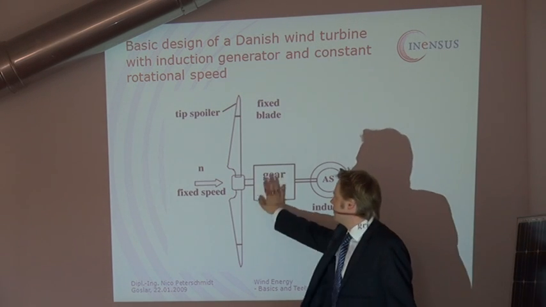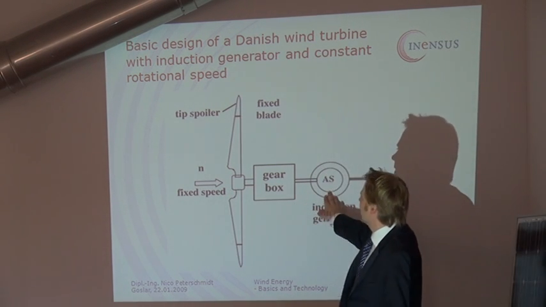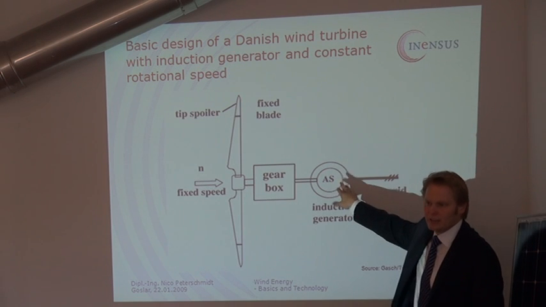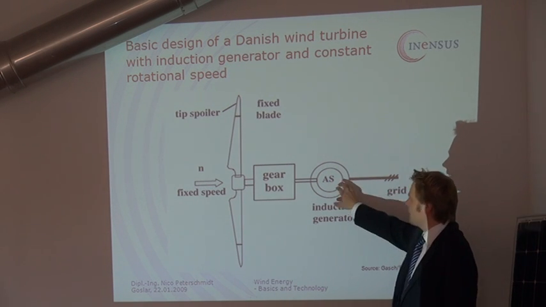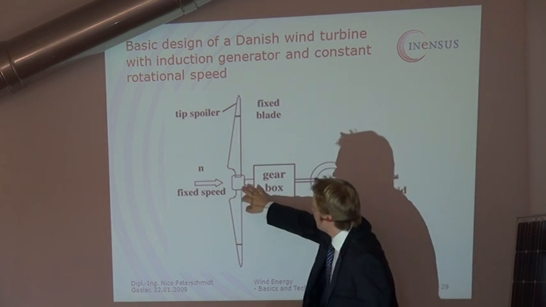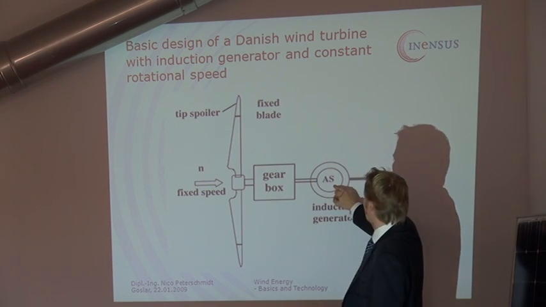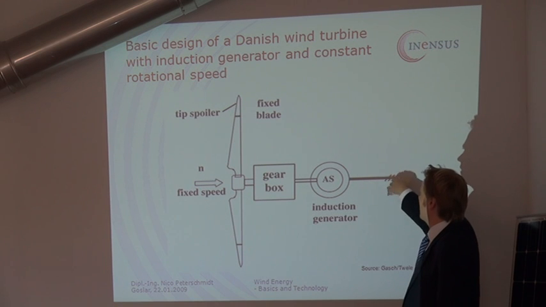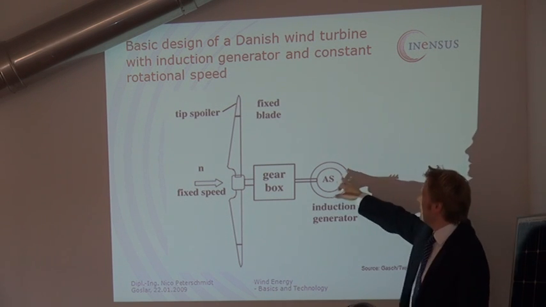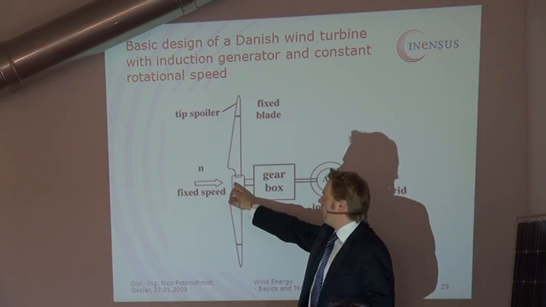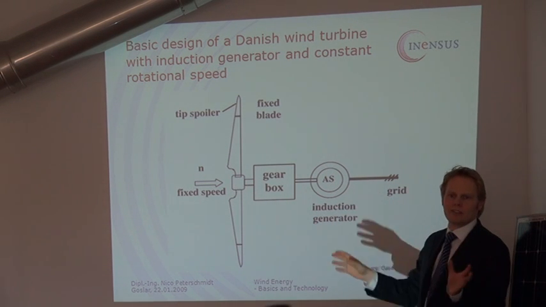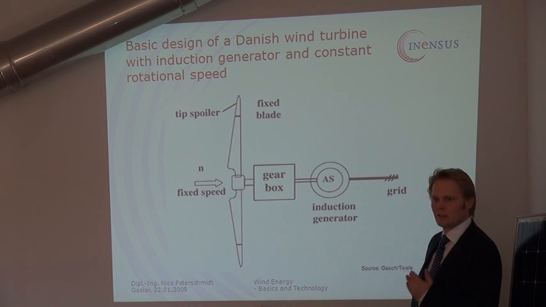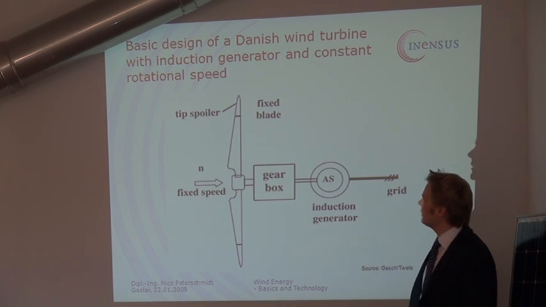Therefore, these units usually also have quite late cut-in wind speeds, because the rotational speed of the rotor and the gearbox and the induction generator, which is coupled to the grid frequency, is optimized for an average wind speed of, let's say, 4, 5, 6 meters per second, to have good efficiency during those wind speeds that